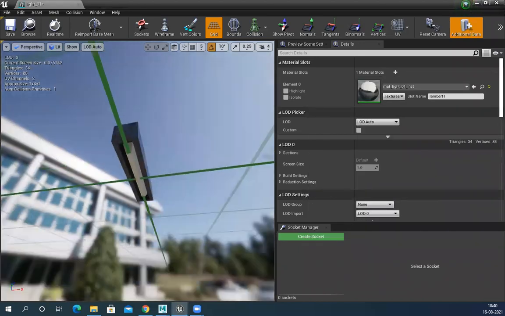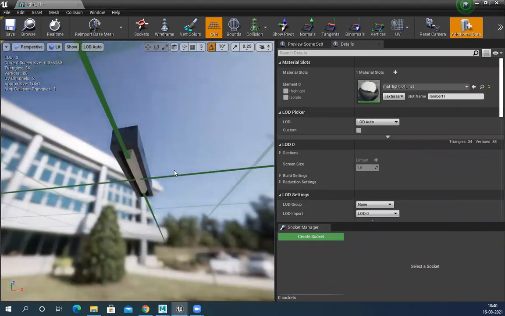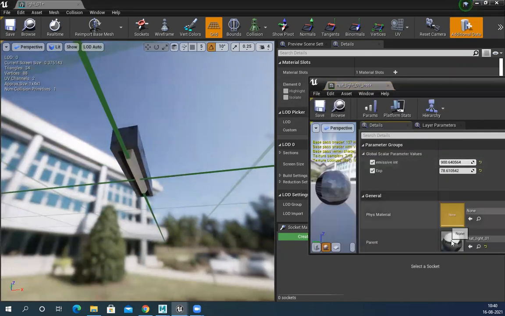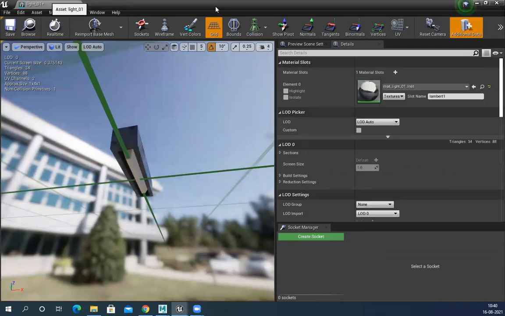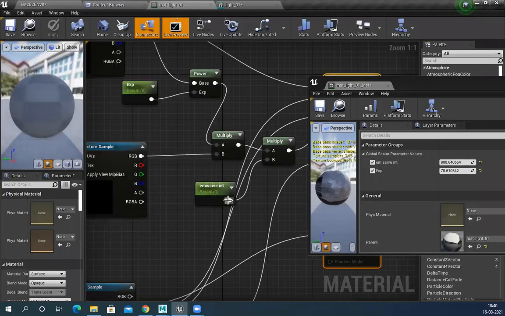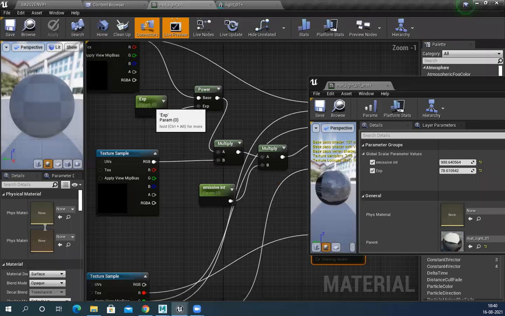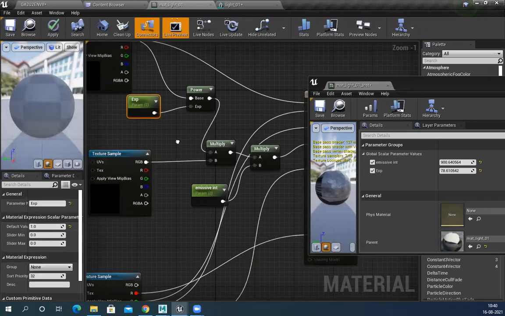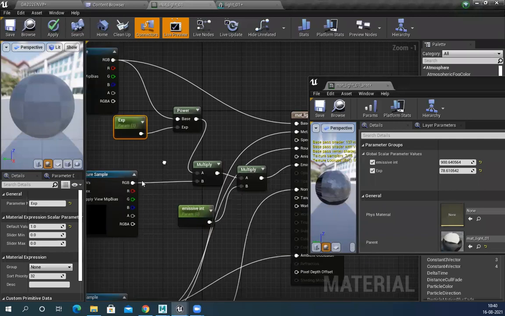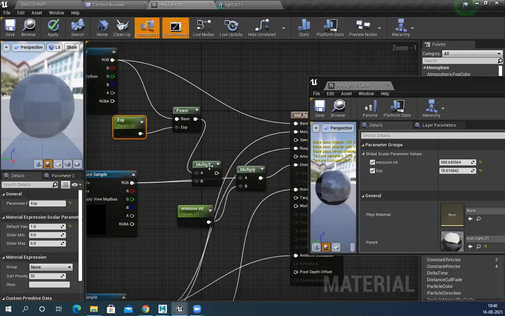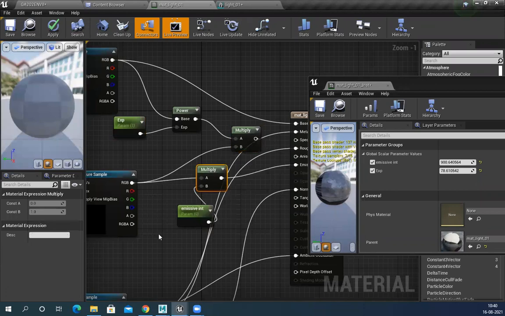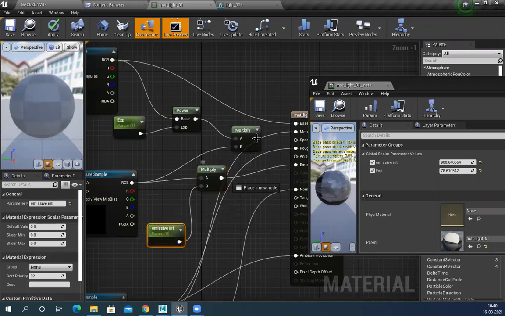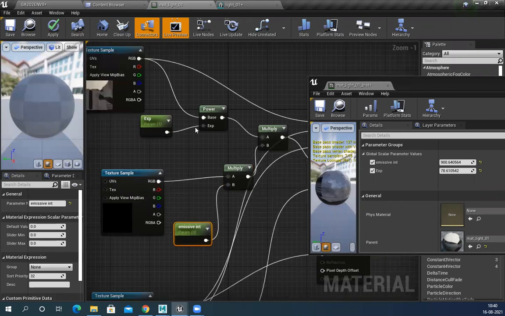Okay, why is it not glowing? Okay, I connected this separately and connected this here.